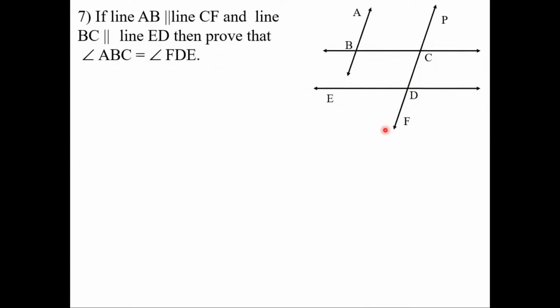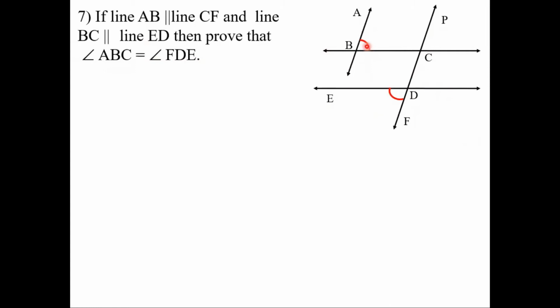Once again, I'm going to explain from the diagram point of view. AB parallel to CF means these two lines are parallel, and second, BC parallel to ED. Now according to this view, we have to understand the part. Here we have to prove that angle ABC, meaning this angle, is congruent to angle FDE, meaning this angle, because our target is angle ABC congruent to FDE. Now step by step I'm going to give you ideas and tricks.